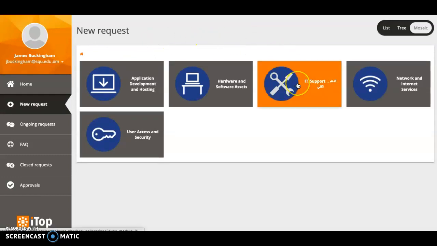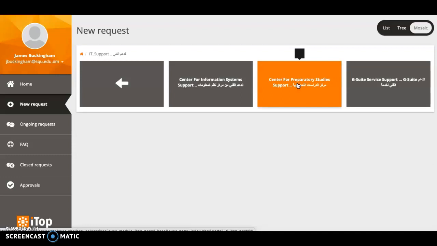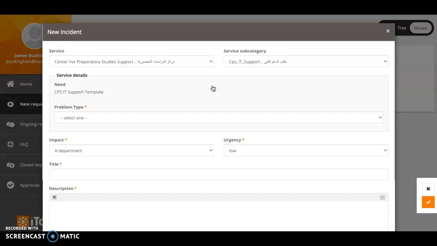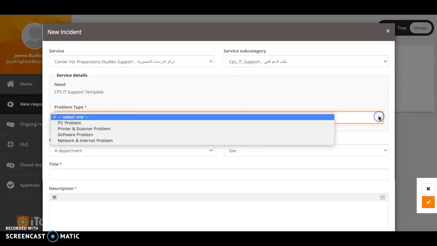And if you are in the CPS and you have an IT issue, you'll be clicking IT Support. Then you'll have to click Center for Preparatory Study Support, and then finally click CPS IT Support. The following window should emerge, and you'll need to fill this in, selecting the problem type,